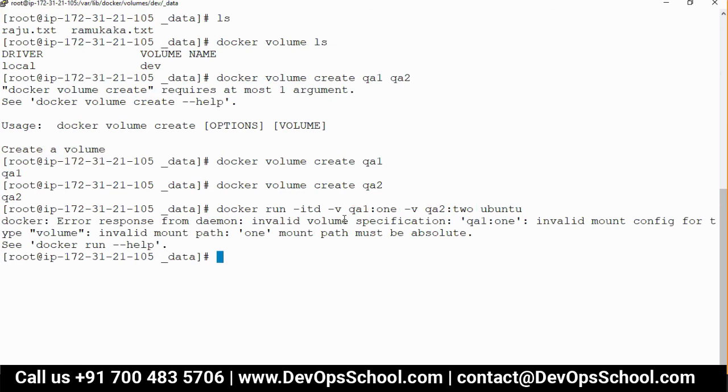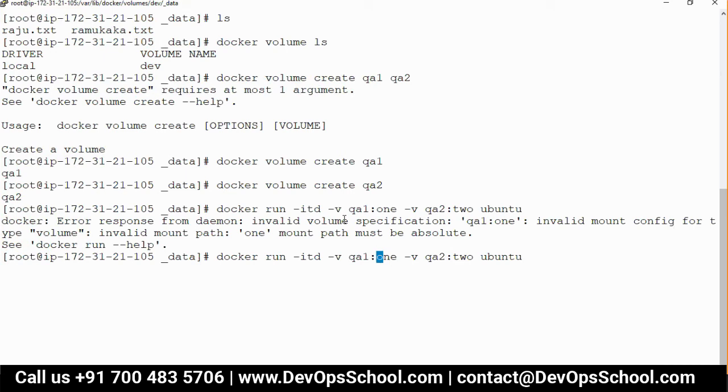What is this? It says QA2 is an invalid option. Okay, yeah, this path is wrong.